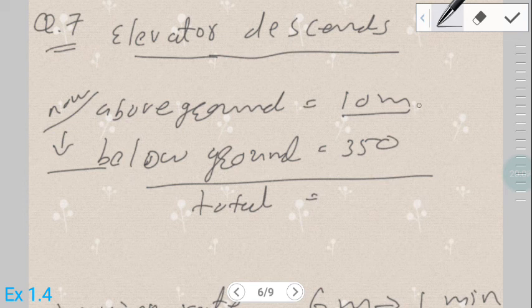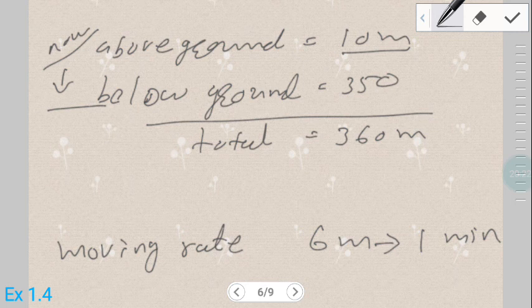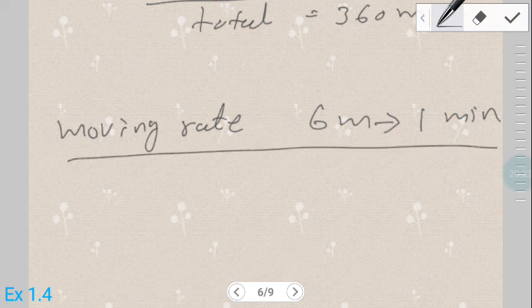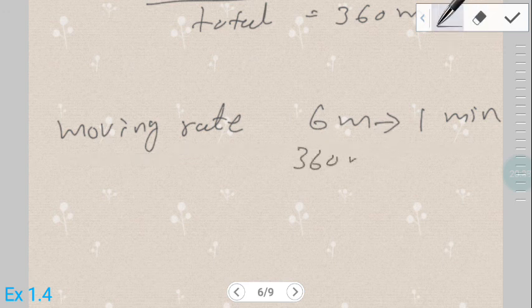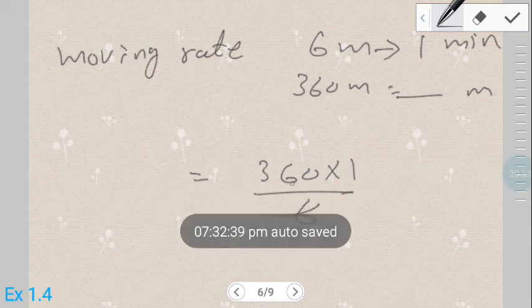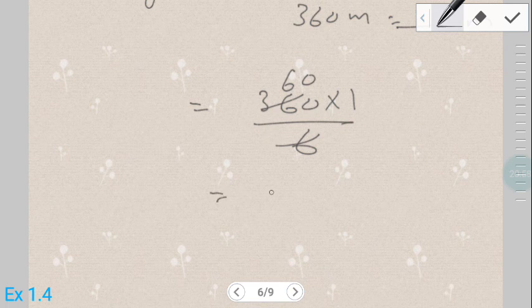So the total distance: above the ground is 10 and below the ground is 350. So the total distance it has to move is 360 meters to reach below the ground. At what time will it reach that? The moving rate of the elevator is 6 meters per 1 minute. So for 360 meters, what time is needed? Simply if we cross multiply, 360 into 1 divided by 6. 6 sixes are 36 and 0. So it will take 60 minutes, or we can say 1 hour